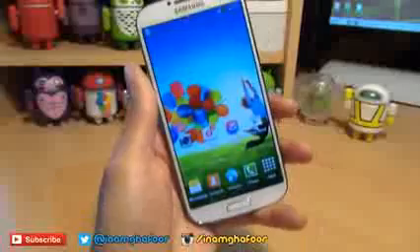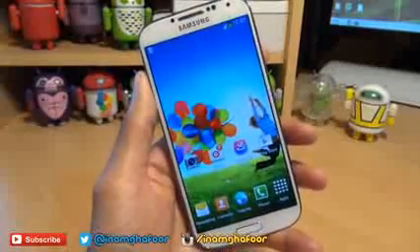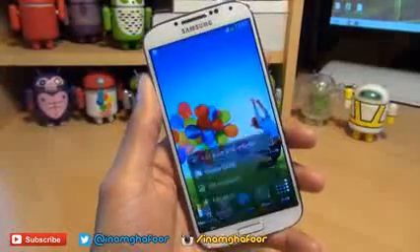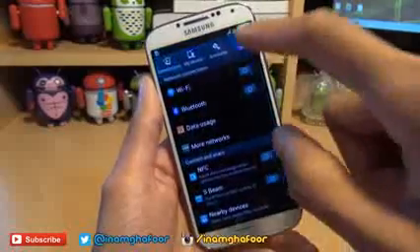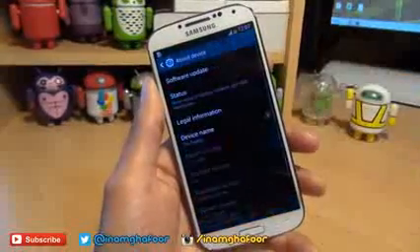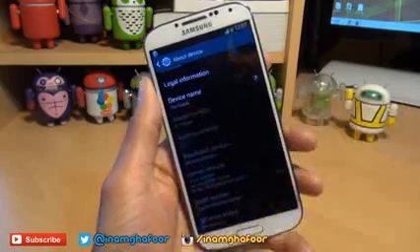We're going to take a look at how to upgrade and install Android KitKat 4.4.2. And I'll just show you what I'm running first of all. If you go to Menu, Settings and More tab, then down to About Device, you can see the model number there showing up as